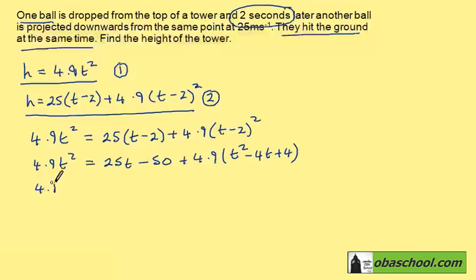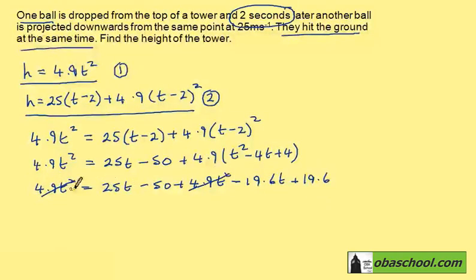So that's 4.9 t squared equals 25t, take away 50 plus 4.9 t squared, take away 19.6t plus 19.6. We can see the 4.9 t squares will cancel, and so we get 0 equals